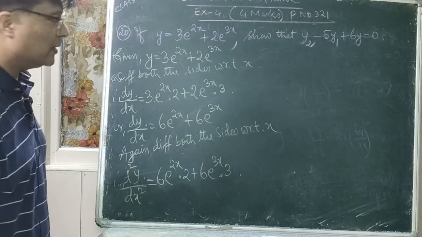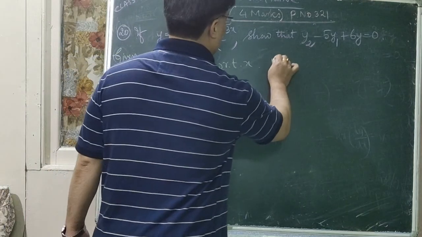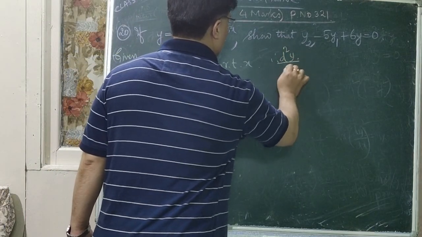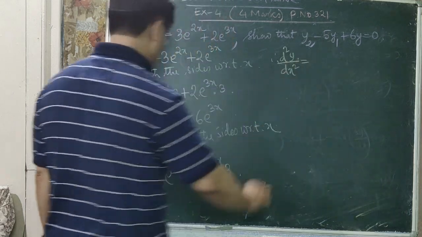It is 3. Okay, so therefore this is your d2y by dx square, which is equal to, now on the